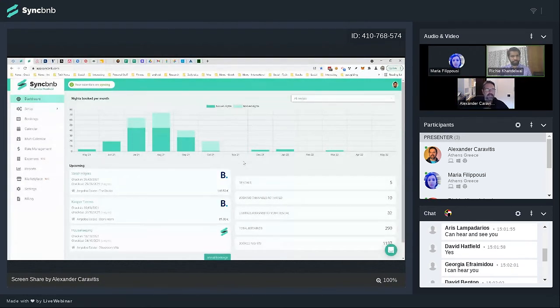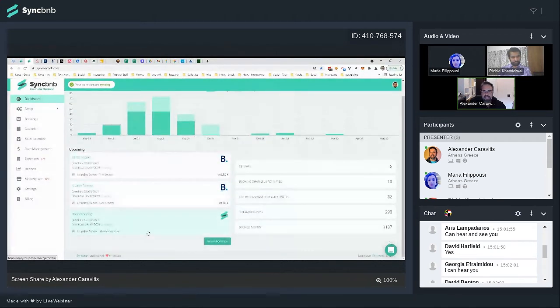So this is what you see when you first log into SyncBnB. This is an actual account of an actual property, and it's already set up, but the setup process is very easy. When you log in, you see bars with your latest bookings, upcoming reservations, and when each one is expected.